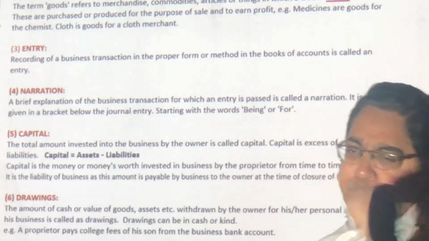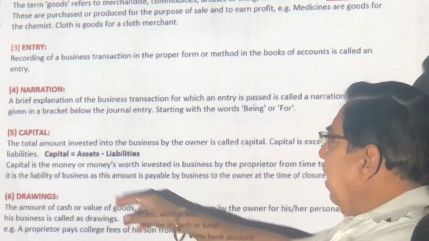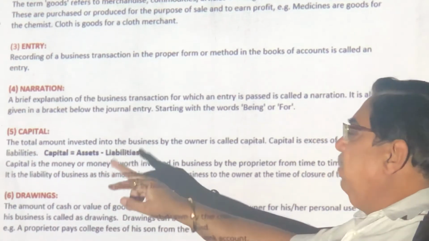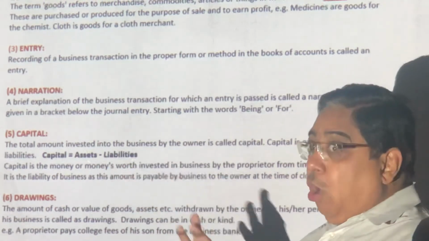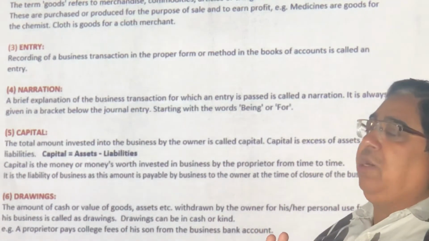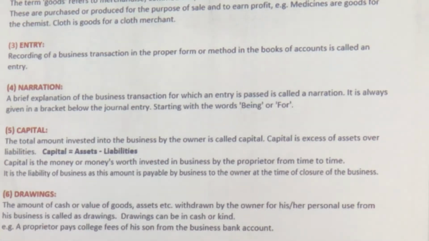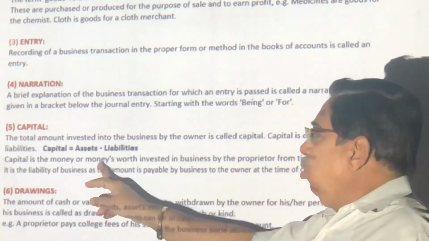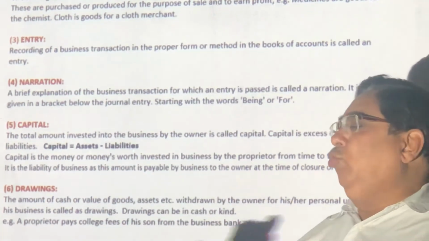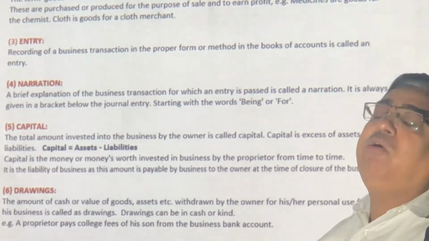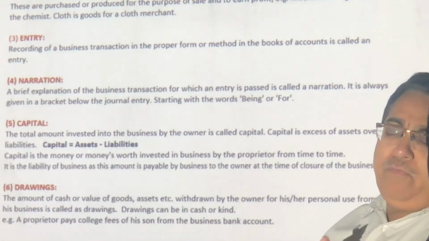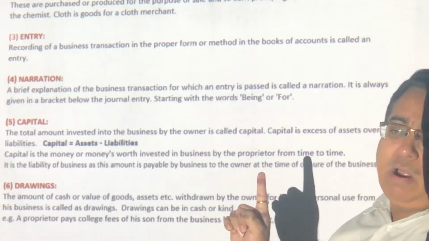Capital. How much money you put in the business is capital. Capital is assets minus liabilities. How much is yours? How much you have to pay? What remains you will take home. That is your capital. Okay? So, we have to find it in money or money's worth. I gave my house to do business. Find the value, work out the rent and put it in the book of accounting. No free entry can be made in a book of accounting.